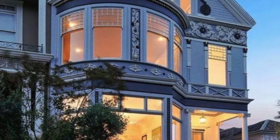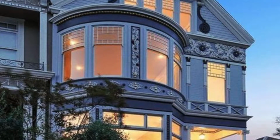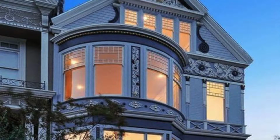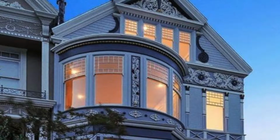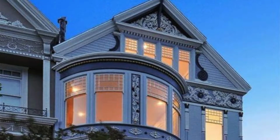Architecture. Victorian homes are commonly known to have a doll-like appeal with elaborate trimmings and eye-catching colors. However, the term Victorian architecture really refers to architectural styles that emerged between 1830 and 1910, during the reign of